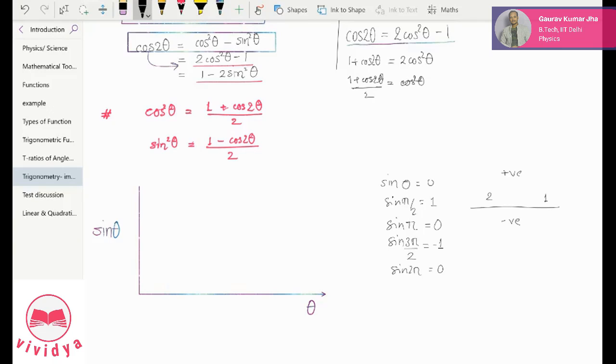Okay, so the graph, this is an information I am giving. Okay, I don't want you to draw the graph. I just, the information I am giving. Suppose this is 0 degree. Let's say this is pi by 2. This is pi, and here we have 2 pi. Now the same thing will be repeated. Okay, so this is one loop, and there will be many such loops like that.